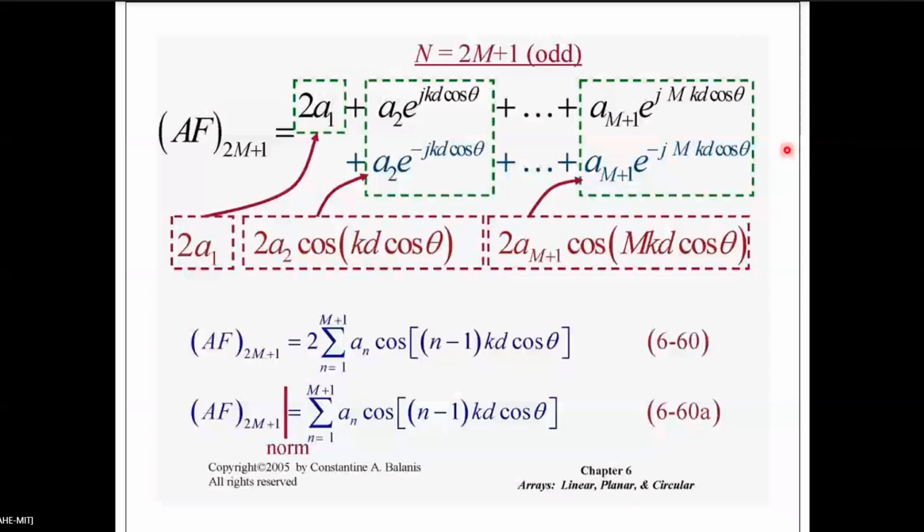Okay. So here, if you add them, you get like this. Because of this 2, the 2 will be common throughout because of adding. But don't make that mistake. You take the amplitude of the center element as 2a1. You don't take the amplitude as a1. Okay, 2a1. Very important. So this is the array factor for an odd number of elements. Have you got it? Yes, sir.